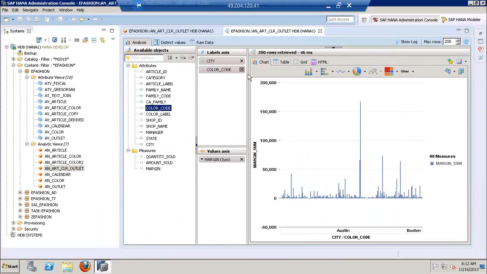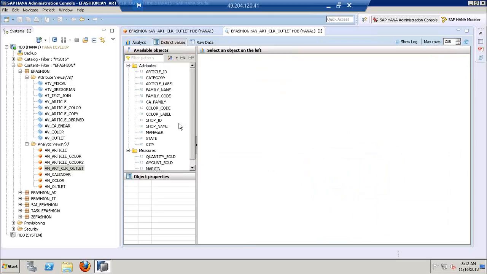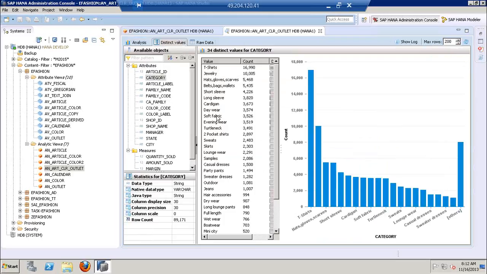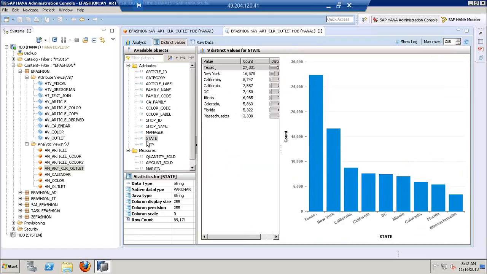Of course here it is not that visible clearly because we have a limited screen here. This is not for the reporting. This is just to validate or analyze. As a developer you are analyzing the data whether it is giving the proper data or not. So now if you go back to the distinct values, here you can identify whether I'm getting the right category or not. So in the last case also we got t-shirts as the highest category, and different cities I have, total number of counts, how many entries are there with these cities, different states I have,